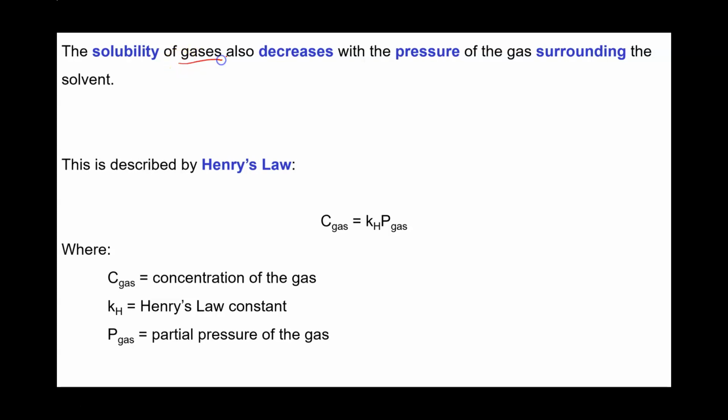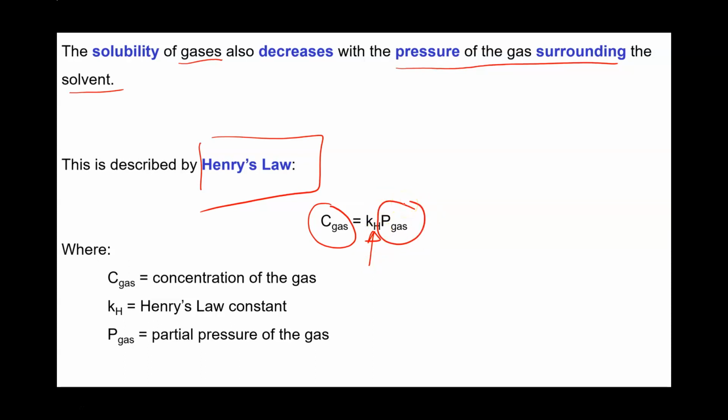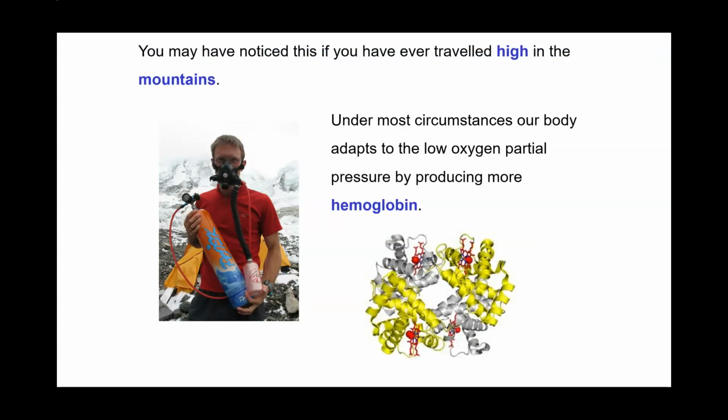The solubility of gases also decreases with the pressure of the gas surrounding the solvent, and this is described by something called Henry's law. And it says that the concentration of the gas that you can achieve in a liquid is equal to the product of the Henry's law constant for that gas and the pressure of the gas in the external atmosphere. So you probably have heard about this, but if you go up high in the mountains, the pressure of gas will decrease, and as a result, the concentration of gas in your body will also decrease